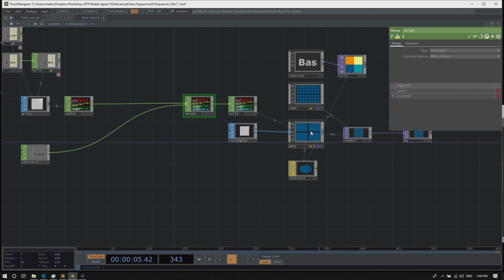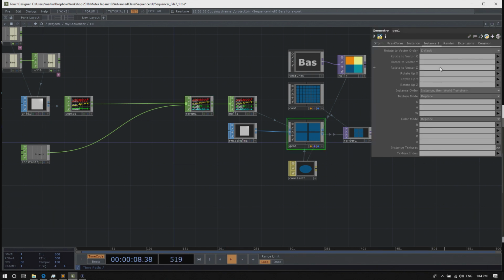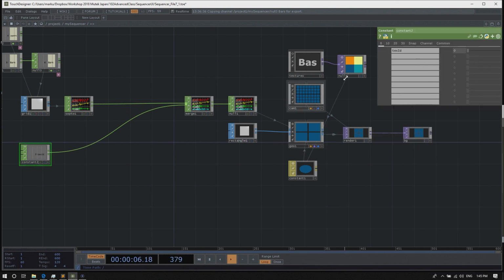On the instance 2 page of the geometry, under the W parameter, let's pick this TextID. Now if we change the value of this constant from 0 to 1, it turns blue, and as we change it to 2, 3, the color changes.